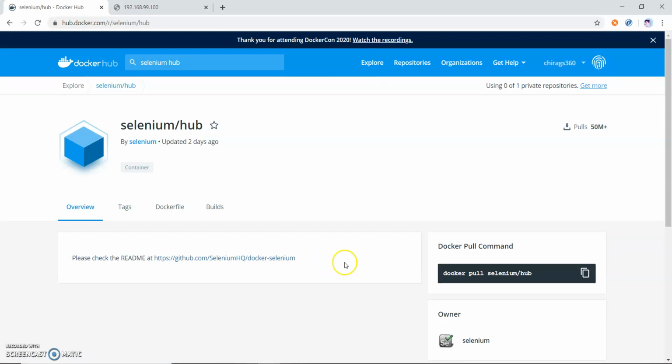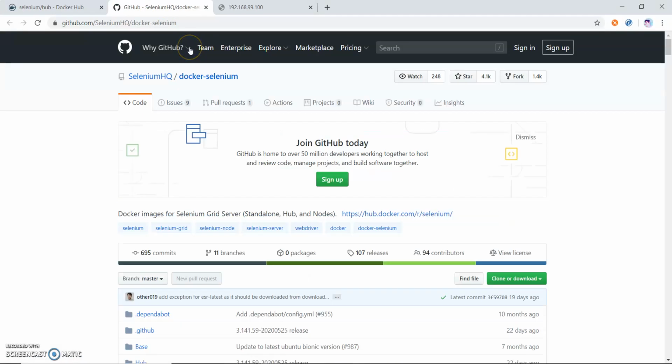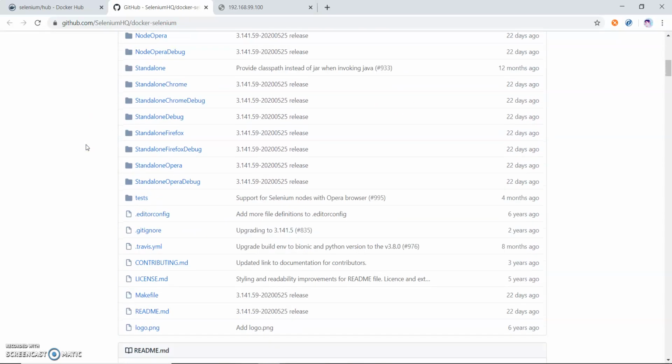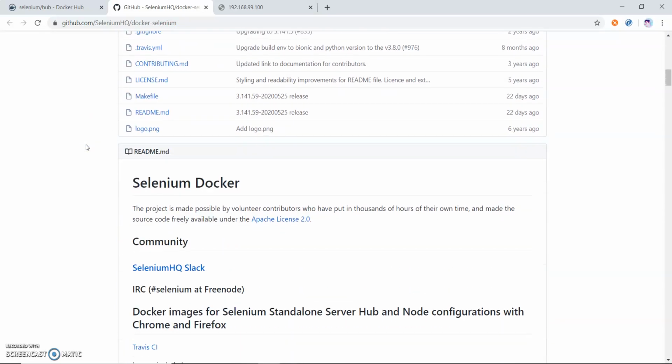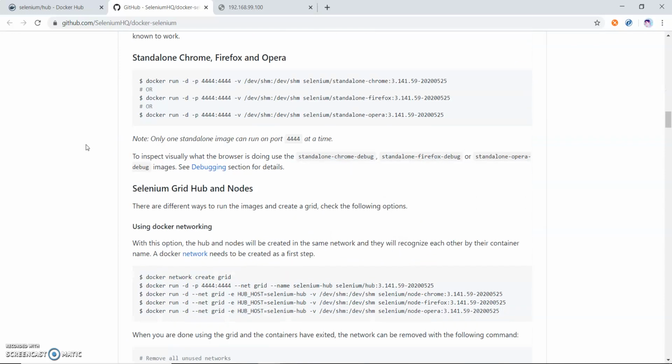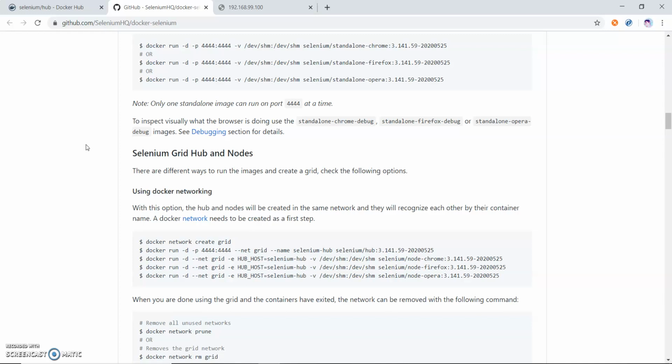Now I will open this GitHub page, which is provided by Selenium. I have already discussed this in a previous video, so those who have not watched my previous video, please go and watch. In this one I am going to discuss how we can use the grid and hub-node. So you can see Selenium Grid and hub-node.